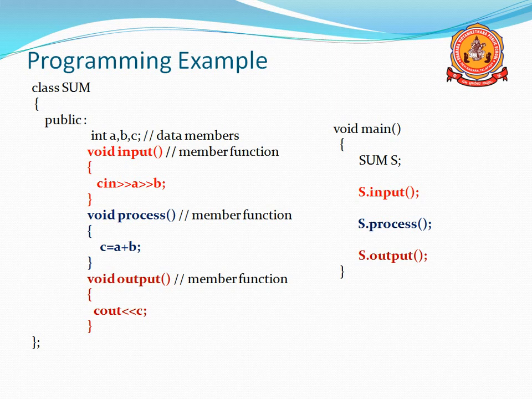But when you are going to write the program, keep one thing in mind. First, the class name. Give an appropriate name for the class. If you are going to add two numbers, then give the class name as add or sum, like that. When you are going to subtract two numbers, you can give the class name as subtract or sub, anything. And when you are going to multiply two numbers, you can give multiply, multiple, anything. Give an appropriate class name so we can easily understand what it is.